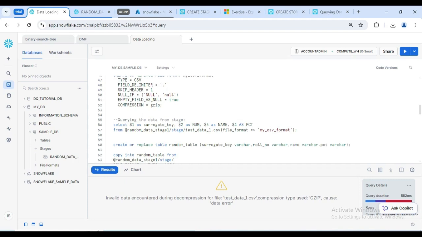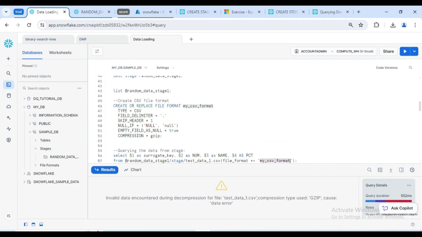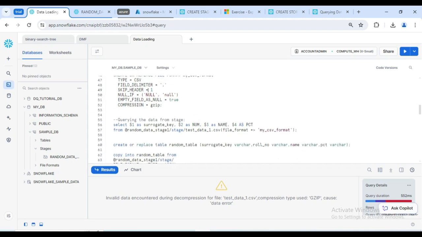Sometimes before loading the data into the Snowflake table, we want to validate the data at the stage itself. For that, we need to run a query on the stage object itself. We can use the dollar sign with a numerical value in the select query, and we can directly check at the file level. For example, I have a file, test data 1, in the stage directory of random data stage 1, and the file format I have given is my CSV format, which I created as a CSV type with a comma delimiter and skip header as one. Now if I run this query,